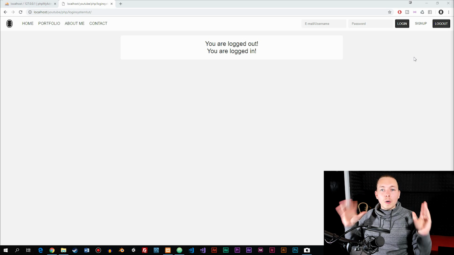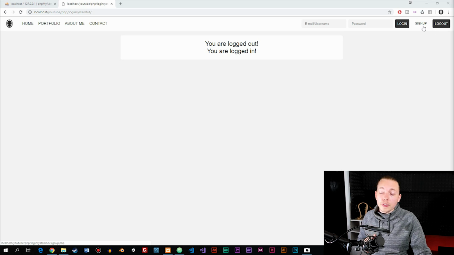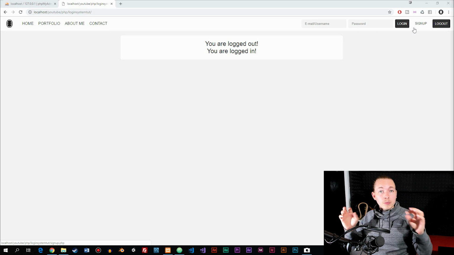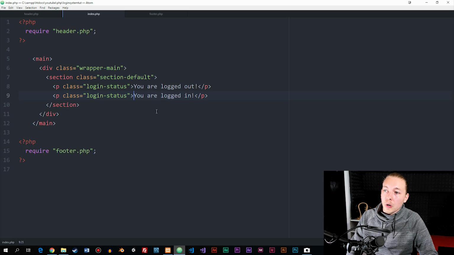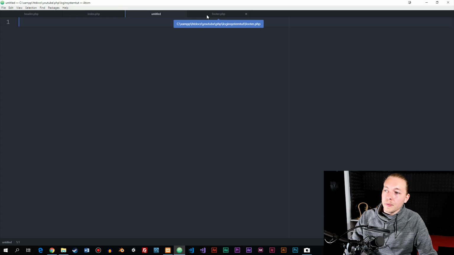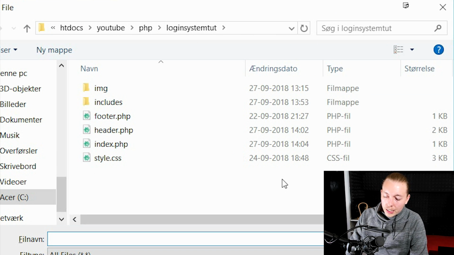Now, what we need to do before we get into the PHP part is we need to also do something inside the sign up page that we included inside the header, because we do also need the user to be able to sign up inside the website. So I'm just going to go ahead and create a new document. I'm going to save it inside my main part of the root folder. And I'm just going to save it as